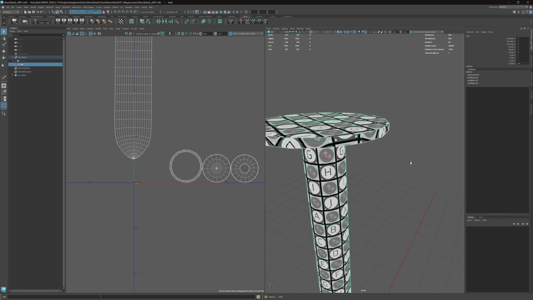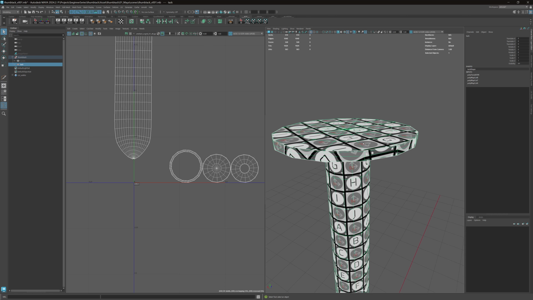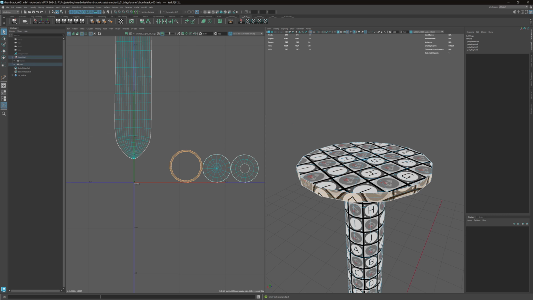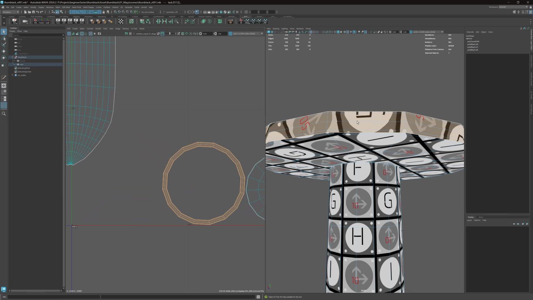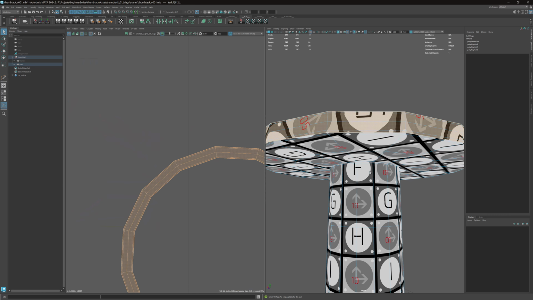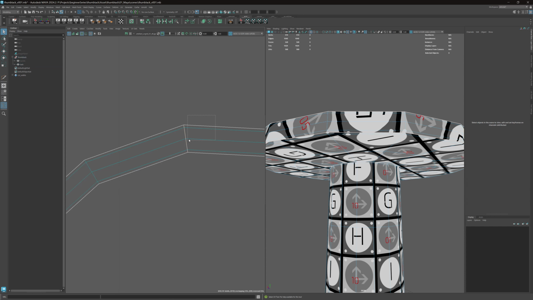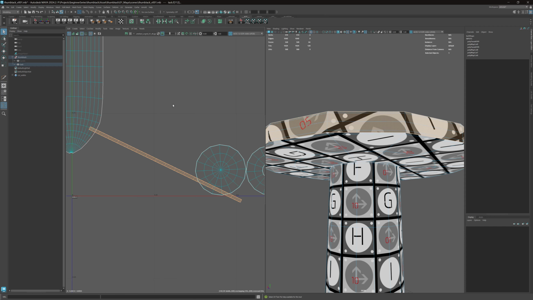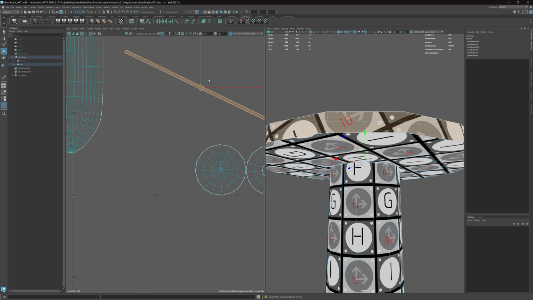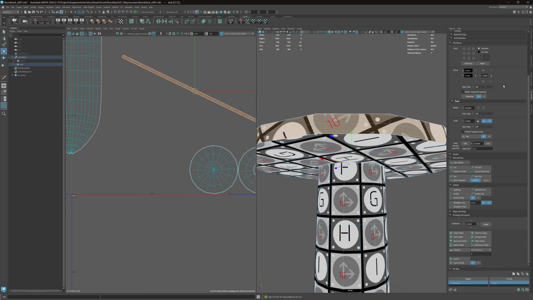Now we do have this shell here that we need to cut as well. So you can do it in the 3D viewport, or I can select these edges by double clicking. So I'll cut there and unfold. And that gave us a pretty good strip that's straight. So we don't need to do the step of